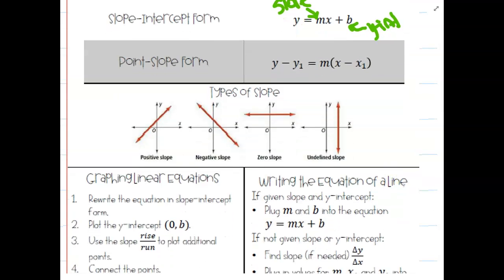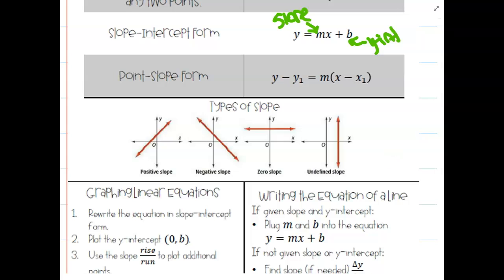Now, when we're writing the equation of a line, there are 2 methods. If you had me last year, since we were short on time, I only showed you 1 method. But if you didn't have me last year, you may have learned how to write the equation of a line just using slope-intercept form. And that's great, but since we're cramming this all in one day, I'm going to pick and choose, and I'm going to go with what I think is easier, and I think it's easier to use